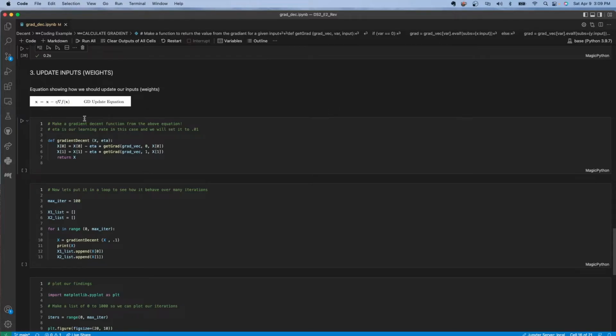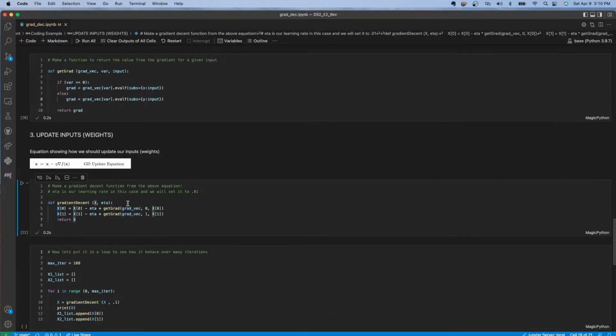So this should probably be called update weights or update inputs, because it just literally plugs our values, so our x input and our y input, into the gradient, it gets the gradient, and then it multiplies each respective gradient by its respective input, subtracts it from the original, updates, and then returns it as a list. So gradient, update parameter,